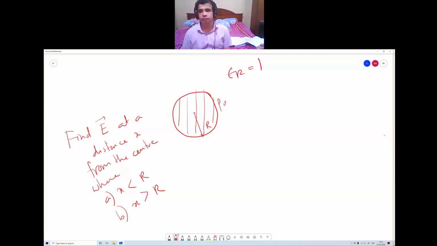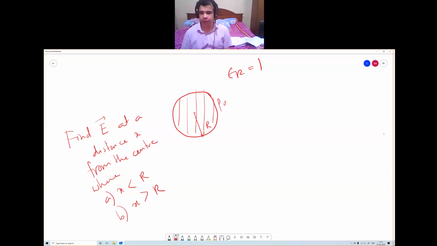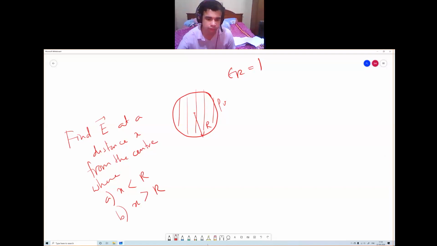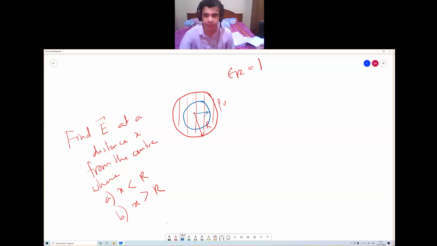If we use Gauss's law, then inside the circle with radius r, we will take another circle with radius s. They are not circles, they are spheres, in three dimensions. Yes, so we will take another sphere inside that sphere. Fine, I accept your suggestion. So we have another sphere whose radius is x, and the centers of the two spheres are the same. Now how to use Gauss's law?